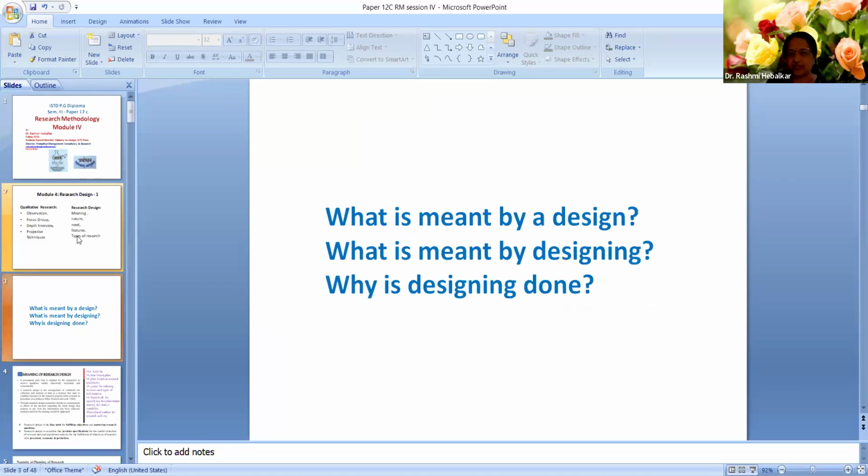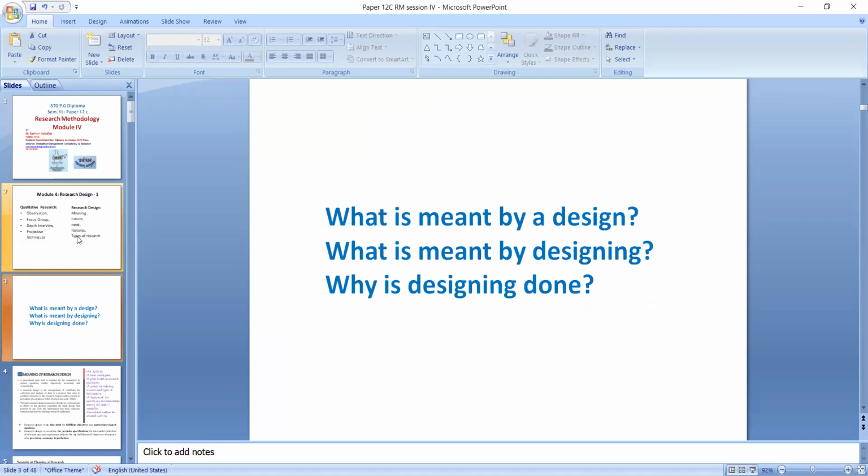Now, when we talk of design, can you tell me any lay meaning of designing or design? Why do we design? And what do you design? Ma'am, designing means we have to suppose design one course for one particular subject. So we should be thorough with that content. What should be the content delivered to the audience? What is our main objective of that content? And what are the things we are going to deliver from that content? And what is the core message?